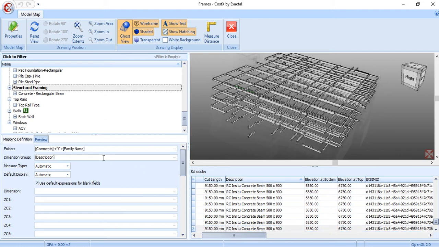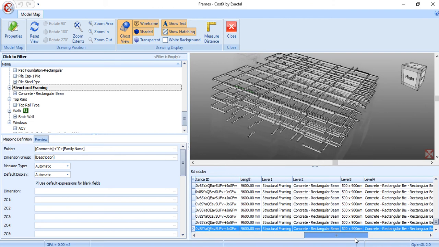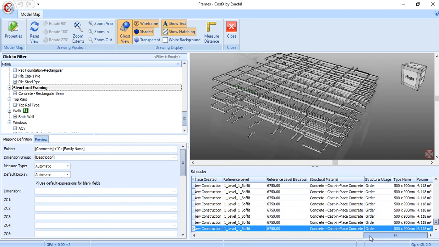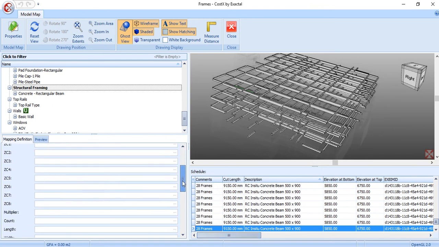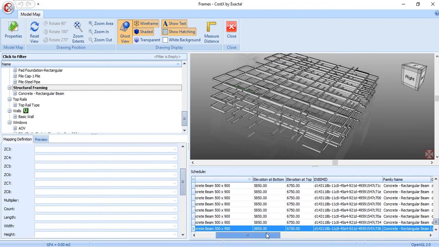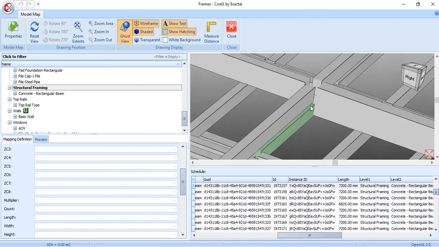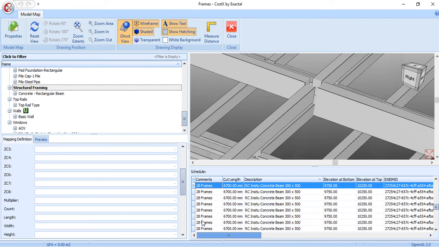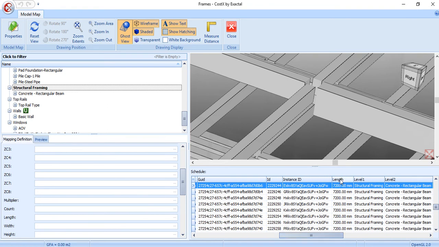So if I bring description in there, now if you don't have millimeters against these dimensions, for example cut length, put it in, right click, millimeters, same goes for volume, width, etc., length. What I'm going to do is use cut length. I could use cut length, or I could use length. The cut length essentially will be the length to the actual column, where it stops in terms of the column. The length itself will take it into the center line of the column, which is essentially not what I really want. So what I might do is, for the start, just take length into length,